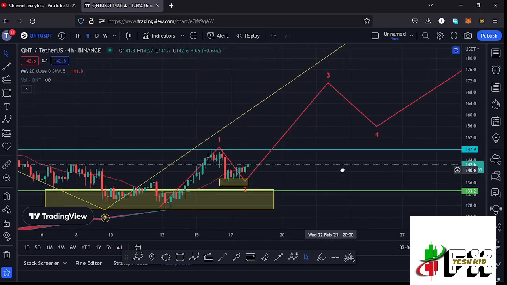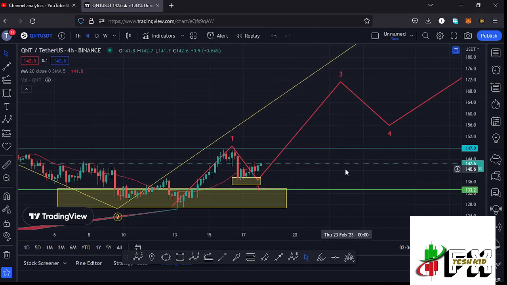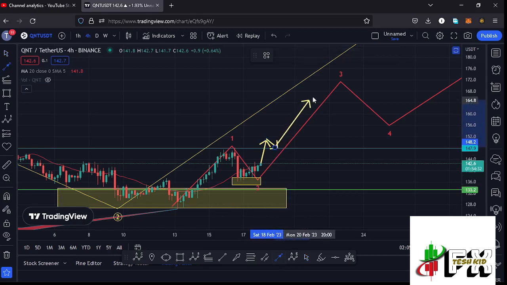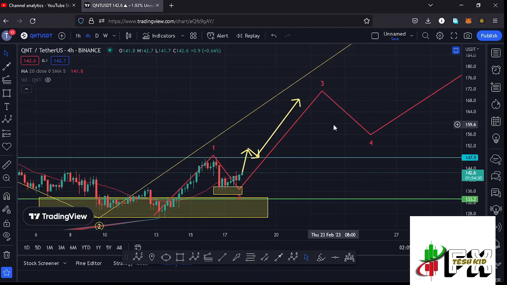And in the formation of that wave 3, for it to play out, we need to continue holding above the 20-day MA, have the support that we need for us to continue pushing even higher, get to our next key area of resistance at around the $147.9 mark, and the moment we manage to break above that key area of resistance, then I'm expecting to see a retest, and once the retest is in and a success, then we can continue pushing even higher, fully maximizing our target areas at around the